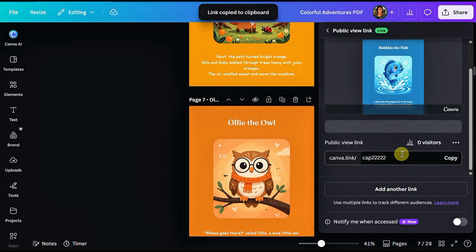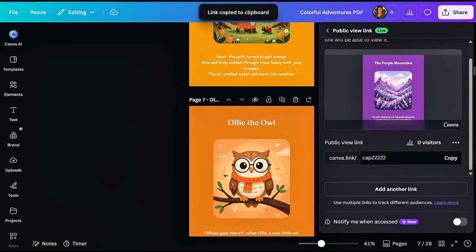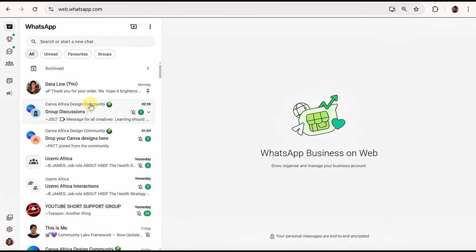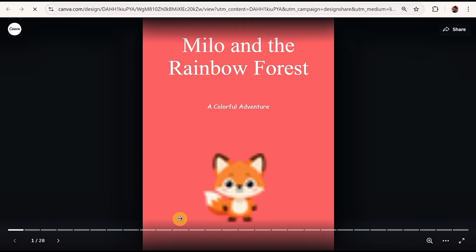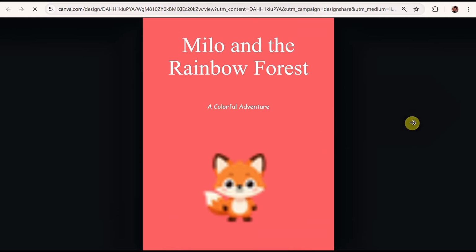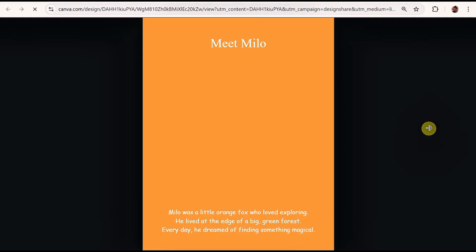So if I copy this short link now and I go over to my WhatsApp and select the person I want to share this design with, I send them this link, and when they click on this link, this way this person doesn't have a copy of this design. If the person scrolls this way, the person can see